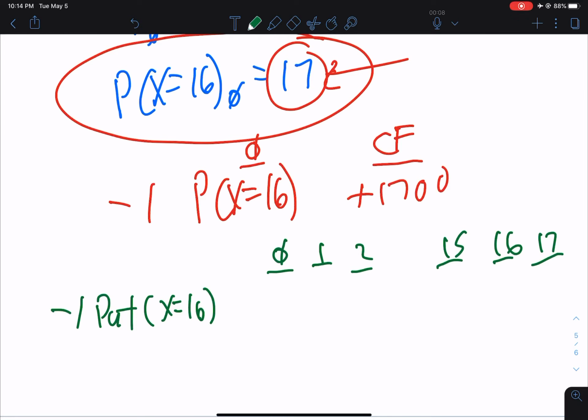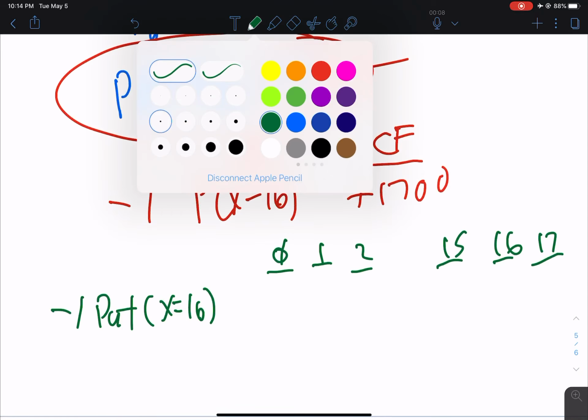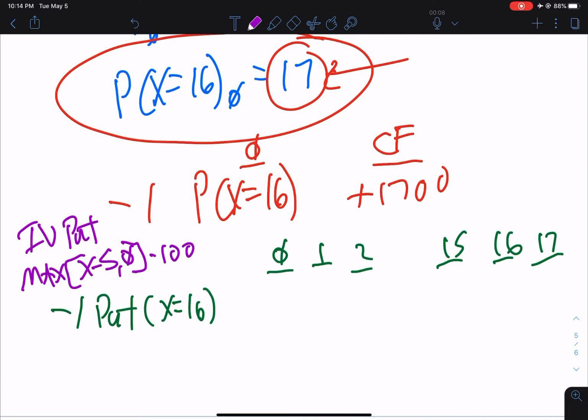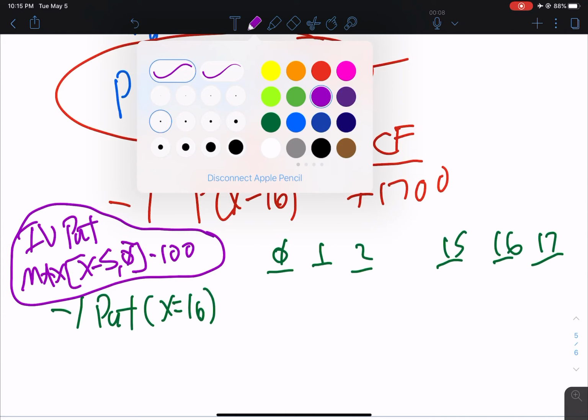Well, for a put, keep in mind, put it here in purple, the intrinsic value for a put is the maximum of X minus S, or 0, multiplied by 100. Okay, and so X is the strike price, S is the stock price, so keep that in mind as we go through this example here. We're going to assume that the equilibrium pricing holds at option expiration, or 4 minutes before it. Okay, so in this case, we have